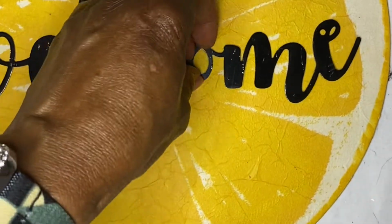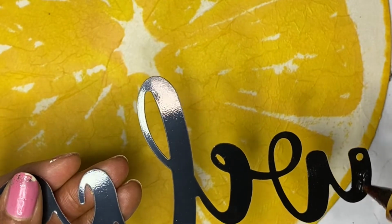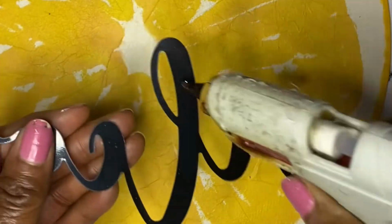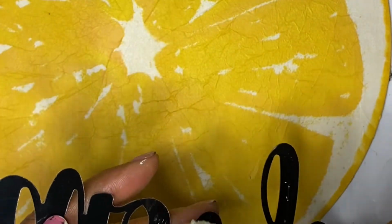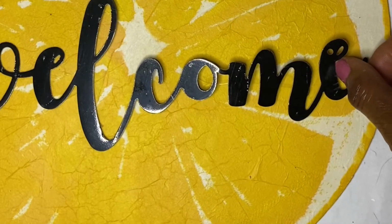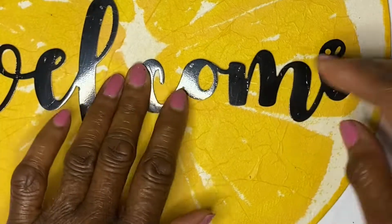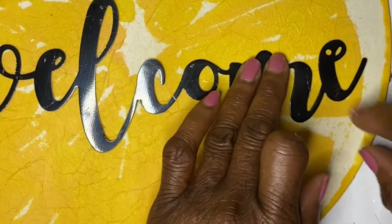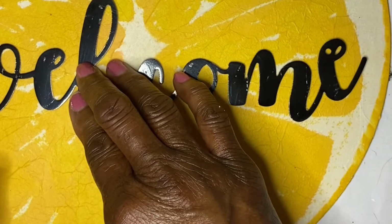Put your welcome sign down and adhere with glue or thumbtacks. And the thumbtacks go through the wood and you will see them on the other side. And what I did to prevent that from maybe scratching your front door or anything, I just put a glob of hot glue on the opposite side